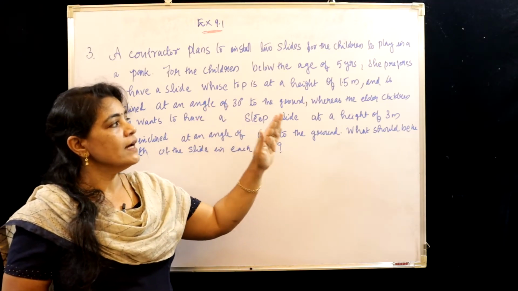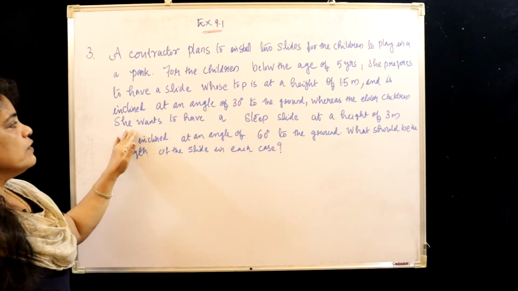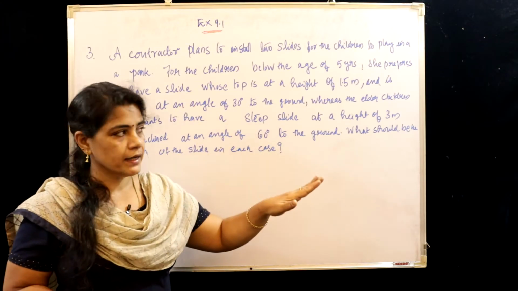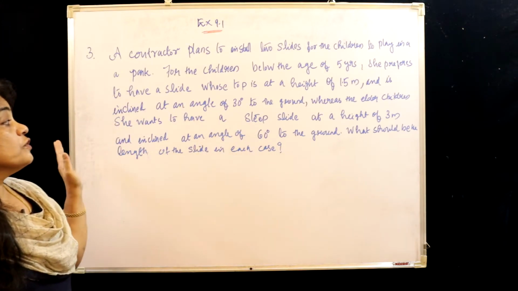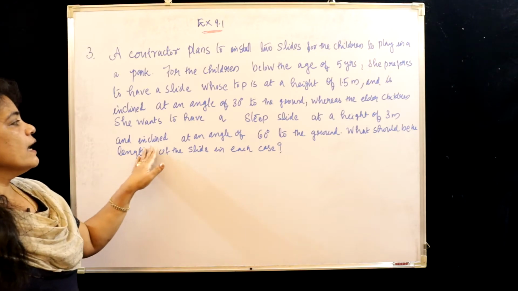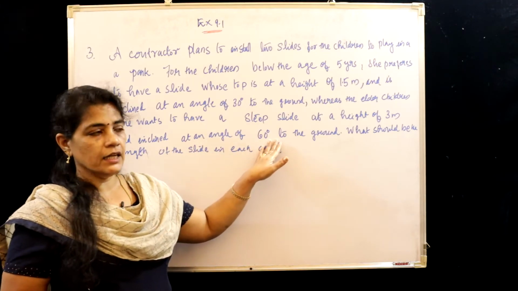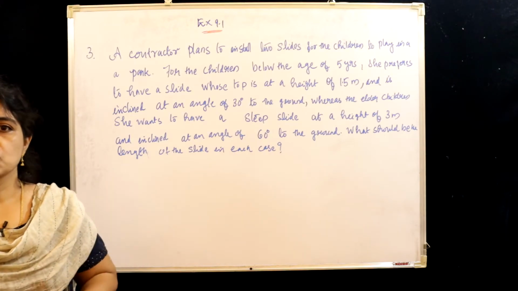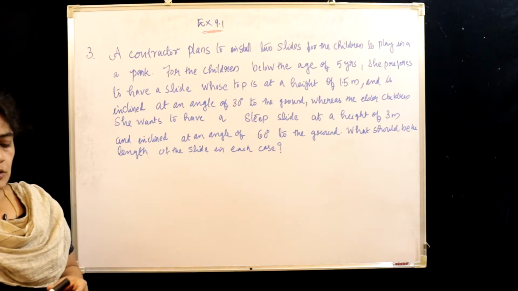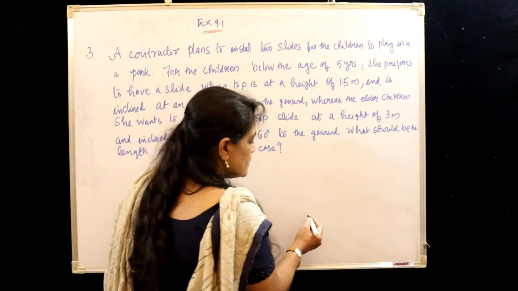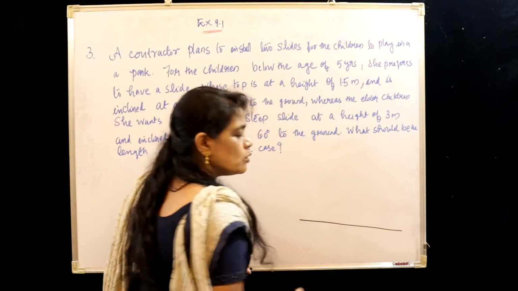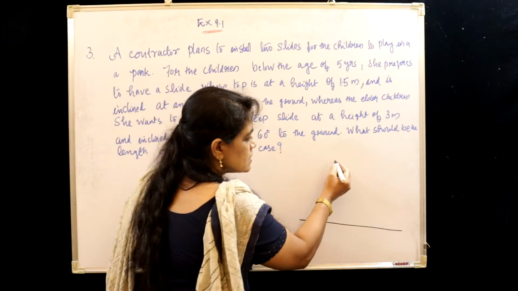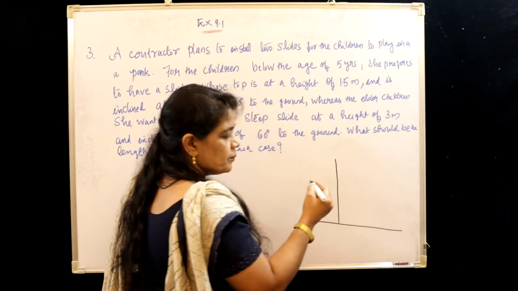And for the bigger, elder children, she wants to have a steep slide at a height of 3 meter inclined at an angle of 60 degree to the ground. What should be the length of the slide in each case? That is the question. So suppose this is the ground where that slide is going to be installed on this beam,